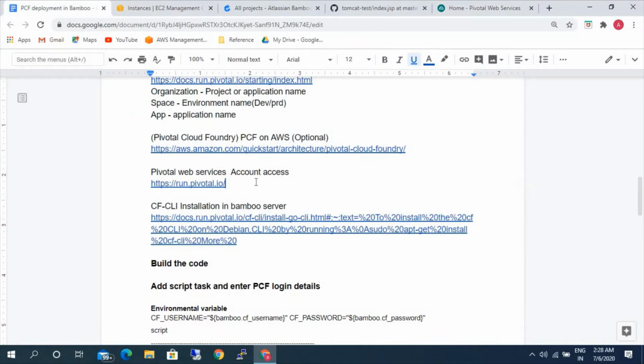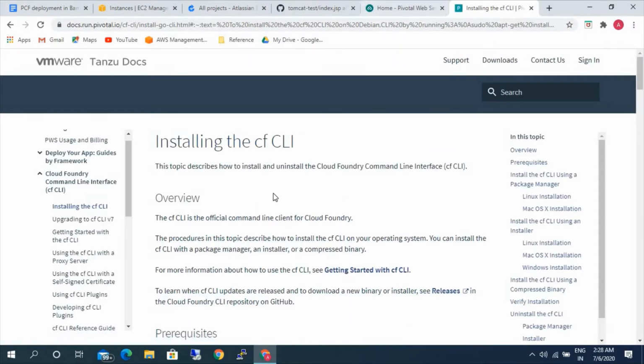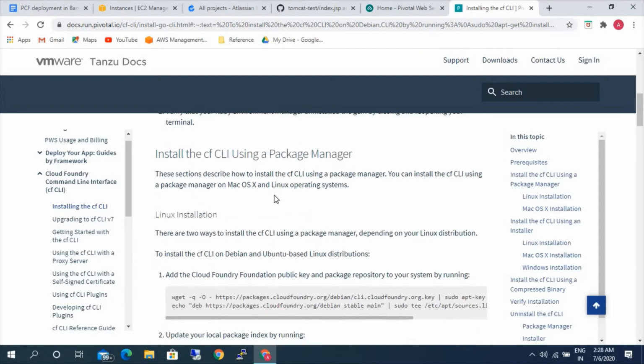Okay, so here we have logged into our Pivotal Web Service account, and we have created our organization and the space. Next thing is we have to install CFCLI on our server. We need to install the CFCLI package on our Bamboo server, since through Bamboo we'll be accessing it.